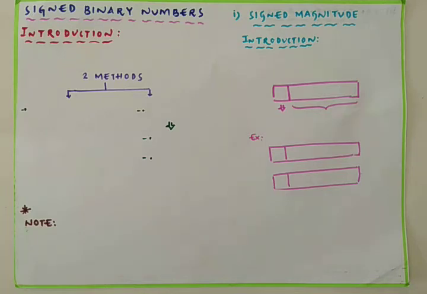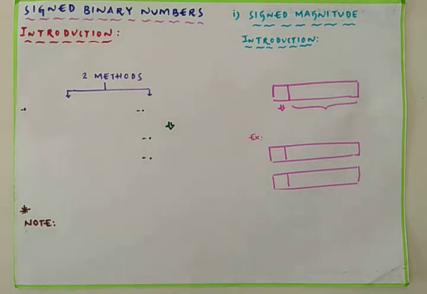When we are representing the negative binary numbers, we have to consider one additional bit for polarity, that is for the negative symbol. That bit will be the most significant bit in the representation. Here the point is very clear. So far we have studied how to represent the positive binary numbers, and the representation of negative numbers is also equally important.